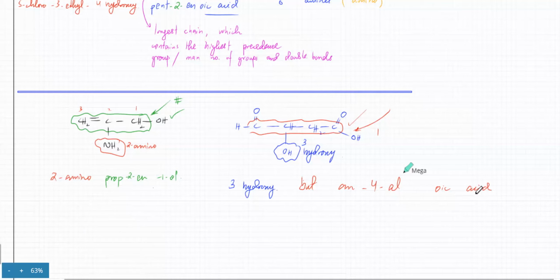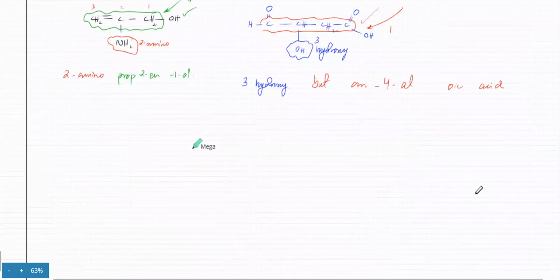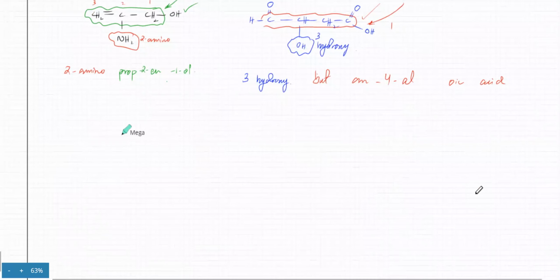So let's try and practice a few more. Sir, a question. What if we had a ketone instead of aldehyde? Will we just add O and E instead of Al? No, let's do one. We will do one. Okay, let's say